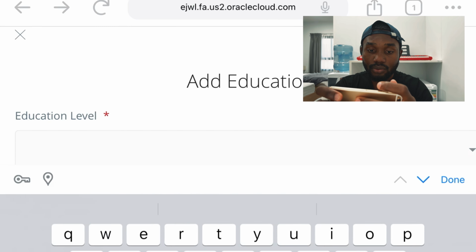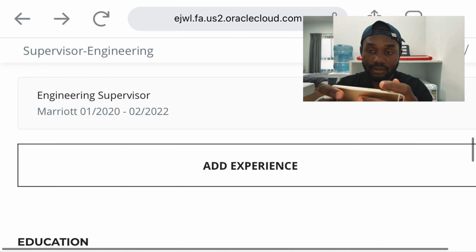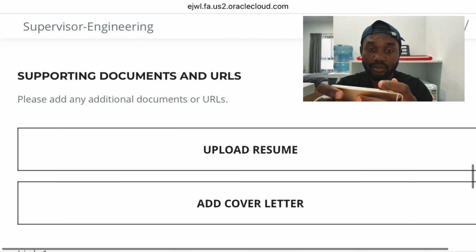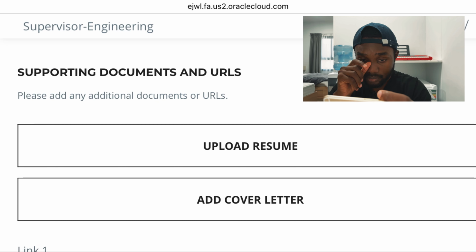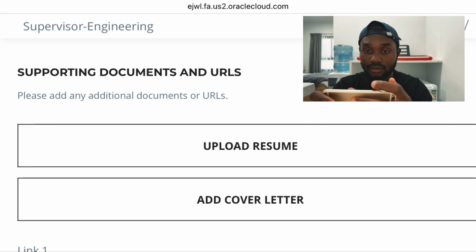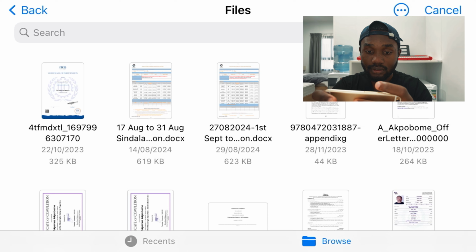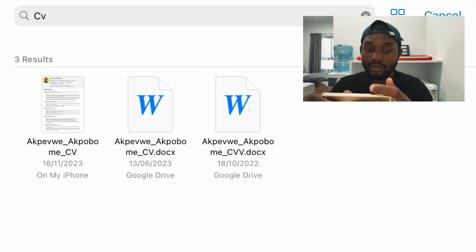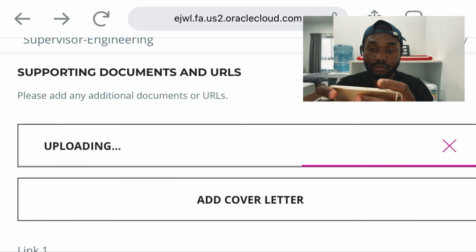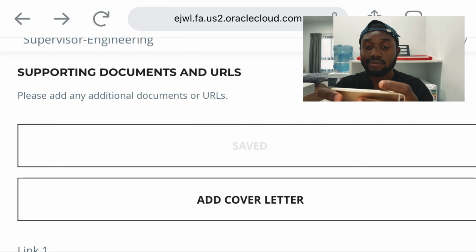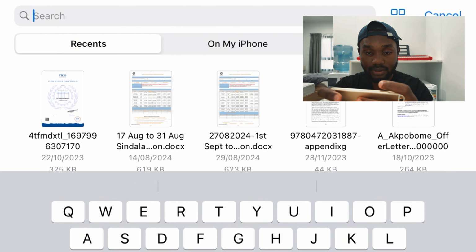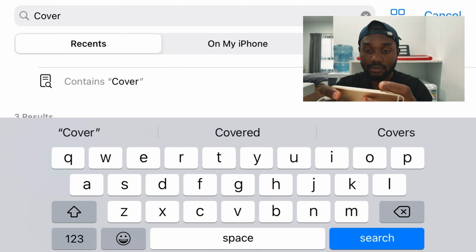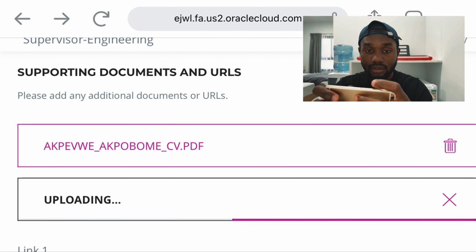And then you can add your education details. I'm just going to fast forward through all of this. So once you have your experience added, education added, other supporting documents, so you have to upload your CV again. I'll try and see if I can upload my CV this time. And then you also have to write a cover letter for whatever position you are applying for before you even start your application. So once you have typed that out and saved it to your device, then you want to search for it here